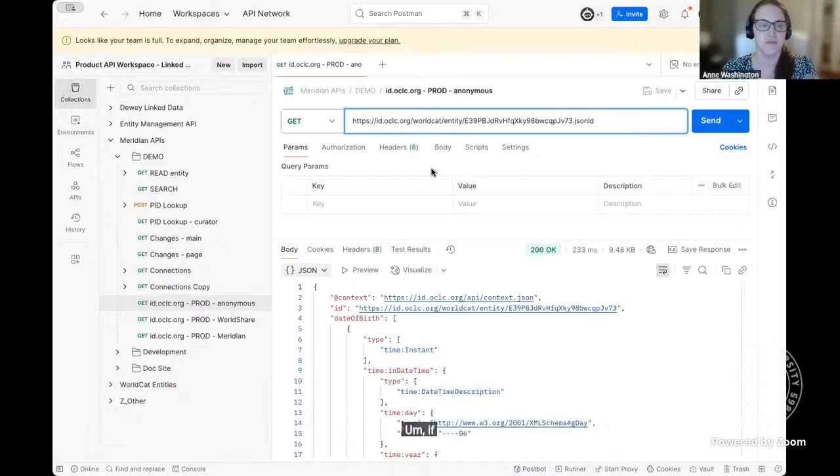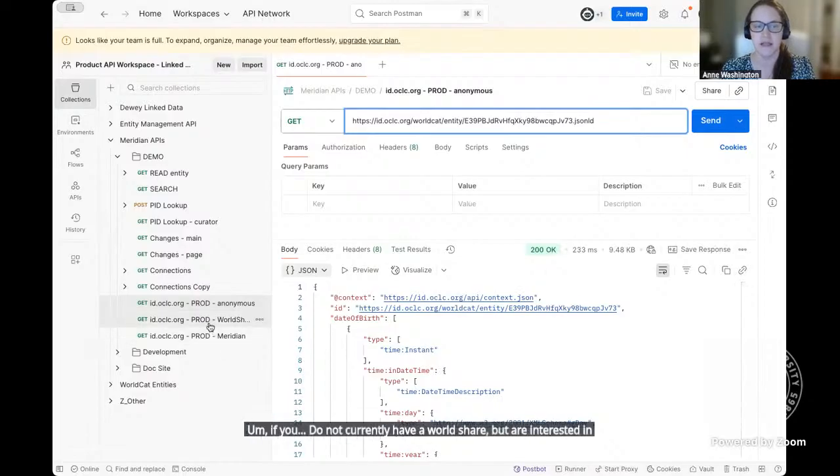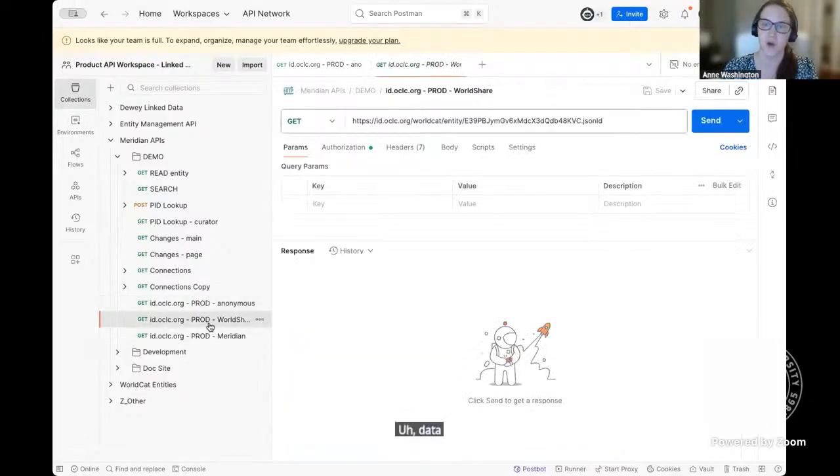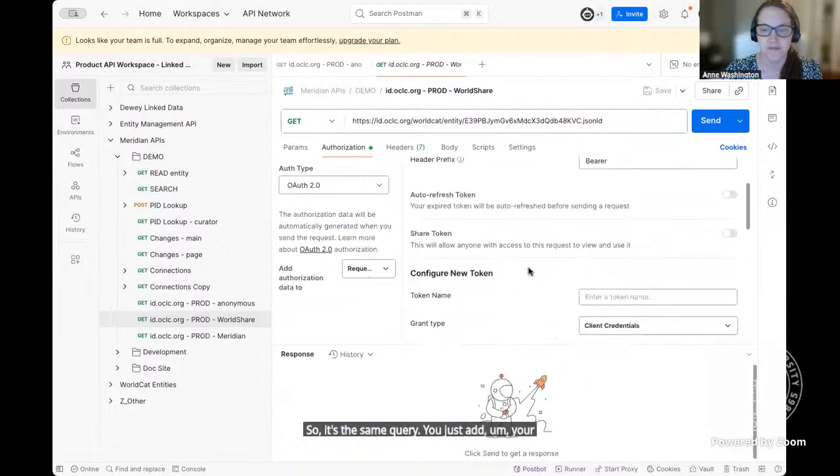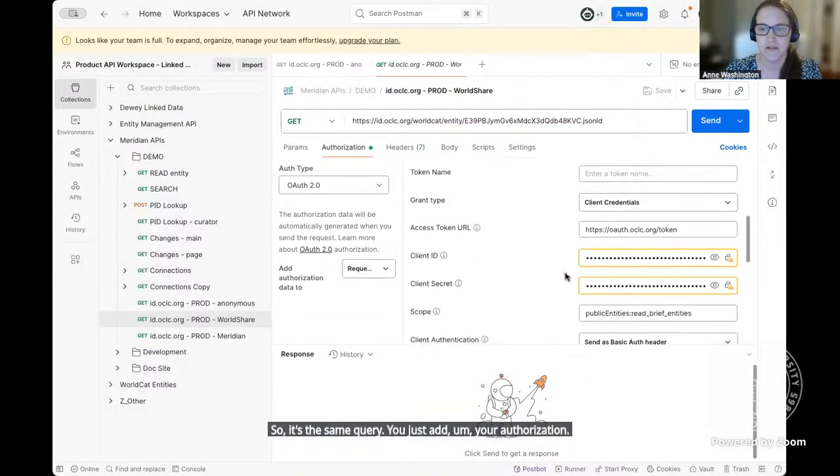If you do not currently have a WorldShare account but are interested in getting data, also please get in touch with us. But for this, it's the same query. You just add your authorization in.